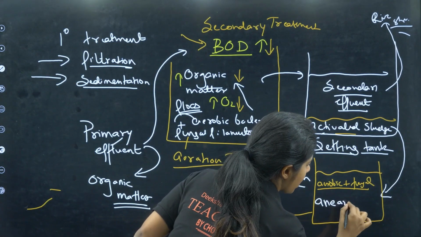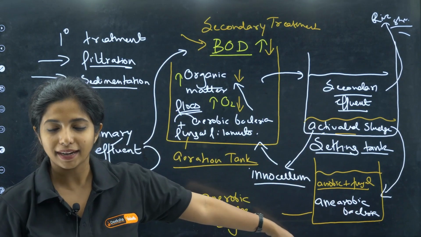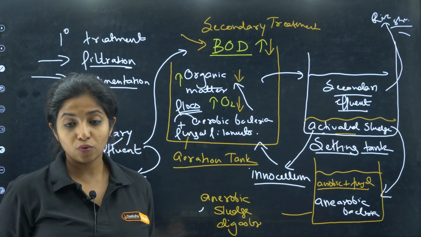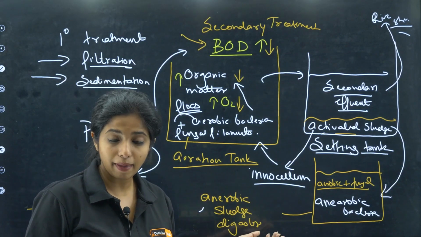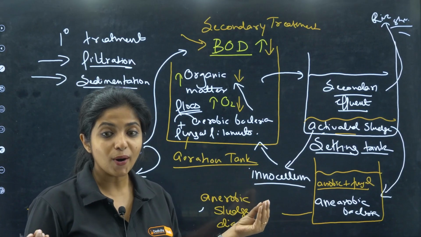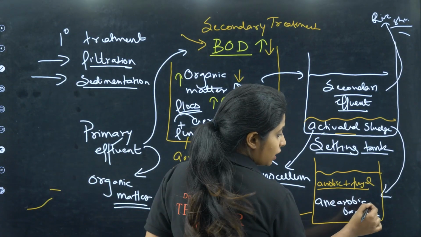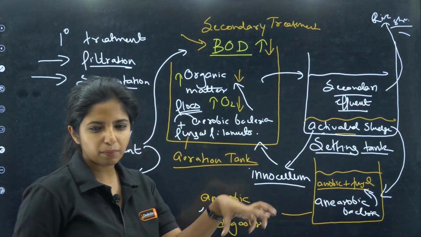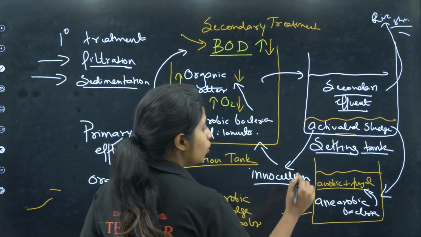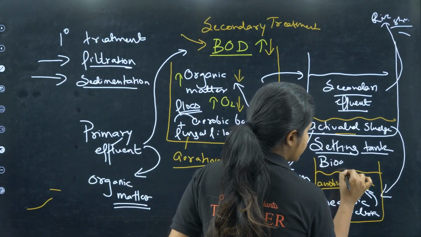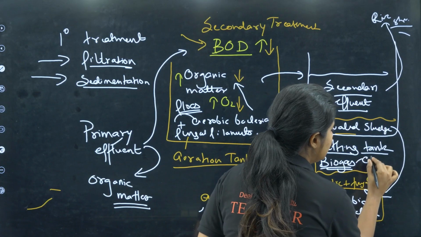That is anaerobic bacteria. Until now, aerobic bacteria were doing everything, but now anaerobic bacteria are going to play a major role over here. Examples are methanogens. Methanogens are anaerobic bacteria. They are able to survive in water, in an area where there is no oxygen. So these anaerobic bacteria are going to feed on the aerobic bacteria and the fungal filaments and everything and break it down. And while doing so, it is going to produce biogas, my dear children. And what does biogas include? It includes methane,